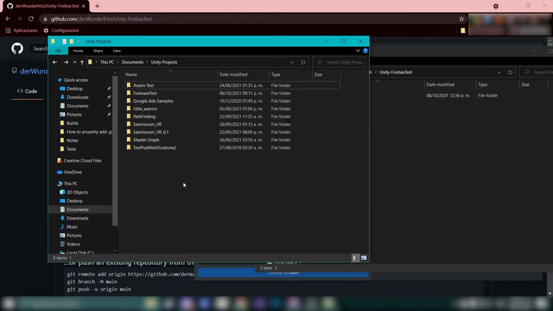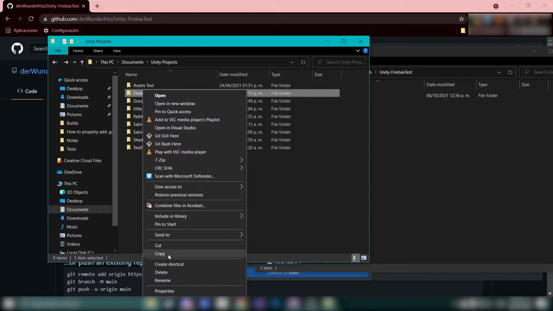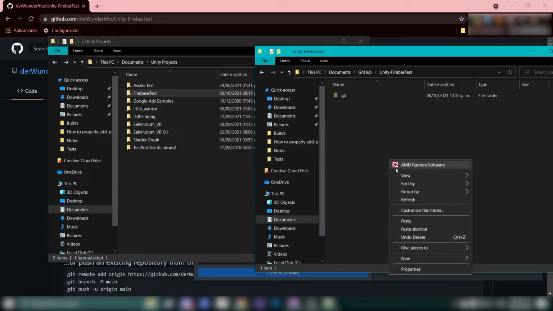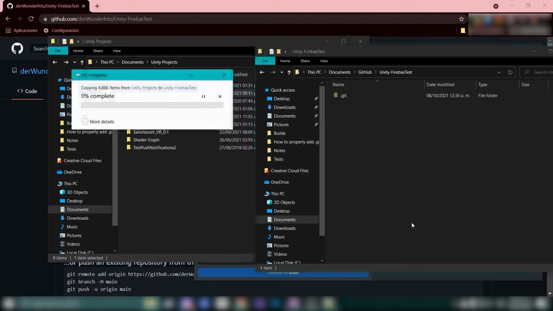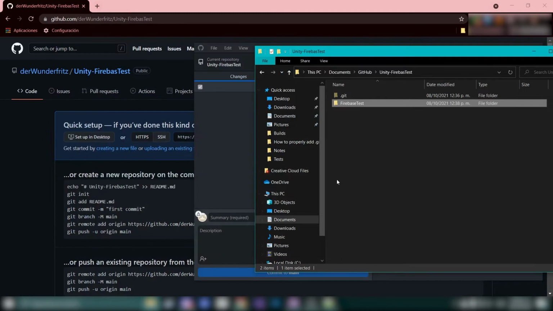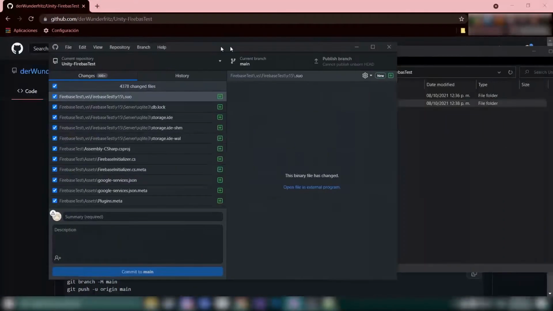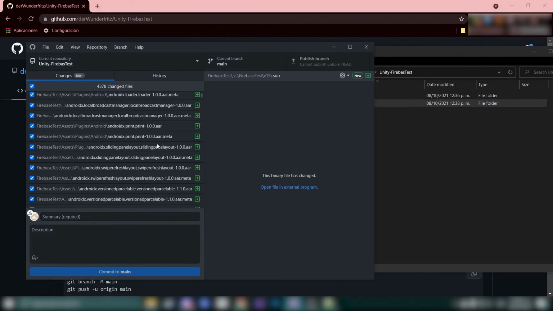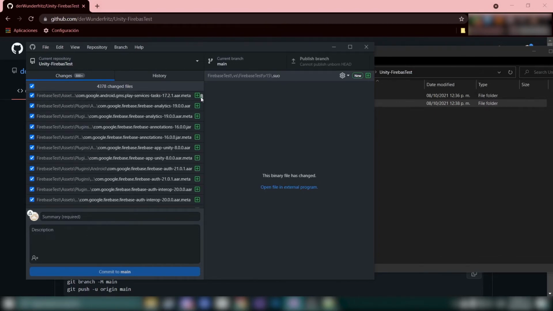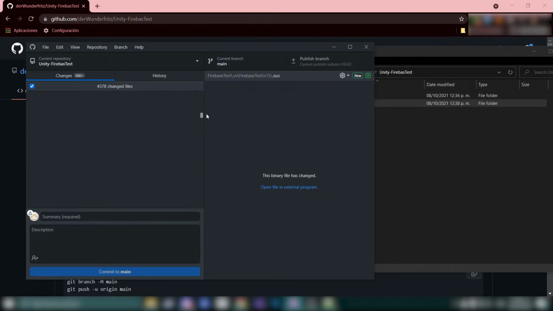Locate your Unity project and copy it to the repository folder. Our commit is almost ready, but don't push it yet.